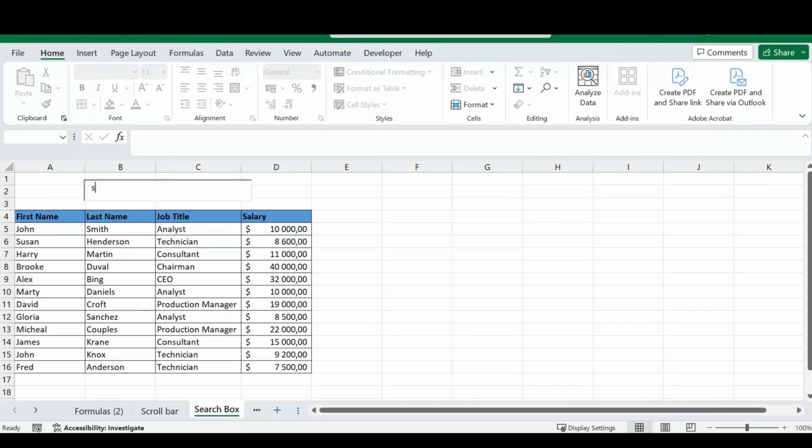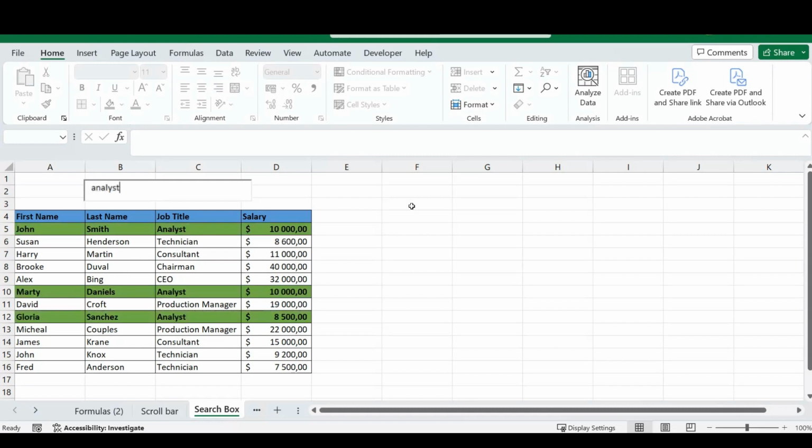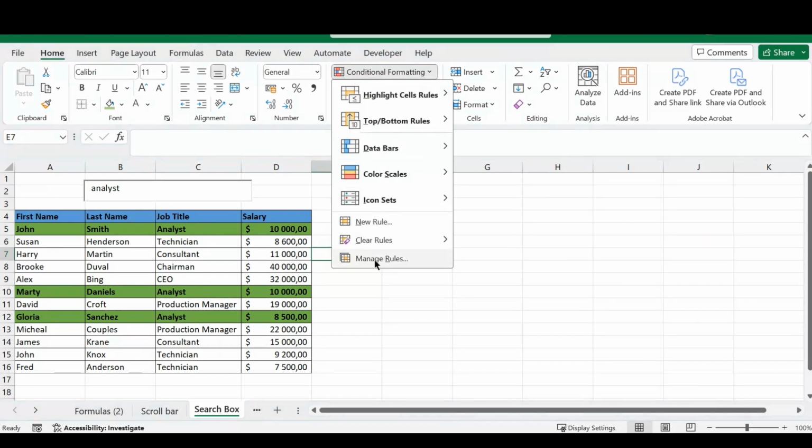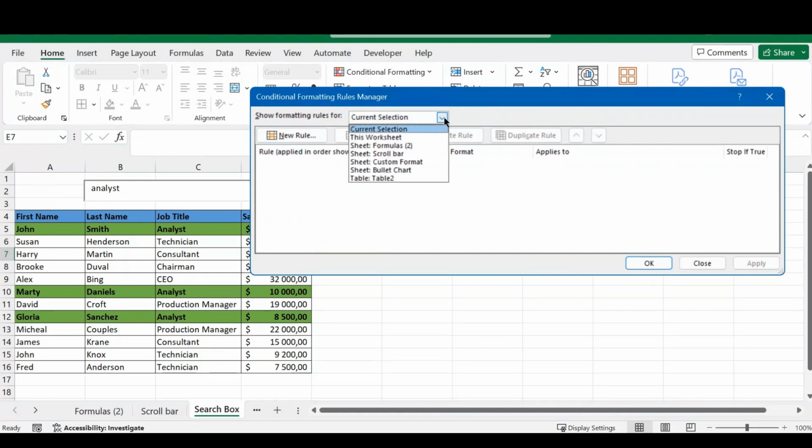We've added rules so that our highlighted text is applicable across our little table here. So now we can even enter our job titles. Let's type in analysts, and you can see everything is highlighted from there. This is a great trick. Let's just head back to our manage rules